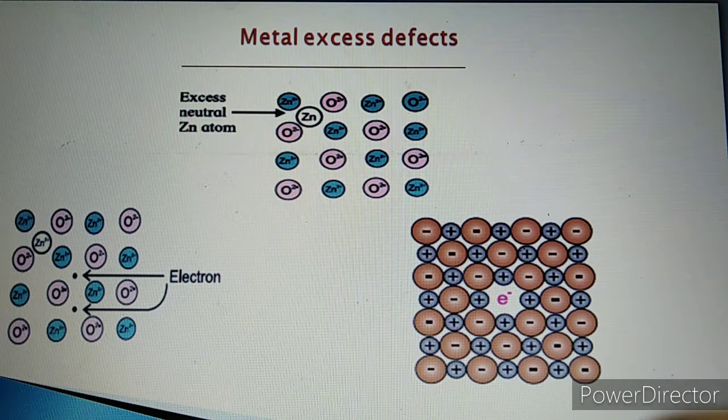Generally, questions based on defects or imperfections will be: write a note on impurity defect, metal excess defect, Schottky defect, Frenkel defect. These questions are generally for 2 marks. Here we have completed the second part, that is the defects in a crystalline solid. Next, the immediately next video will start: what are the electrical properties and magnetic properties of the crystalline solid?